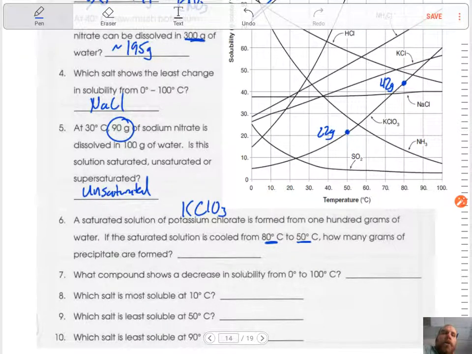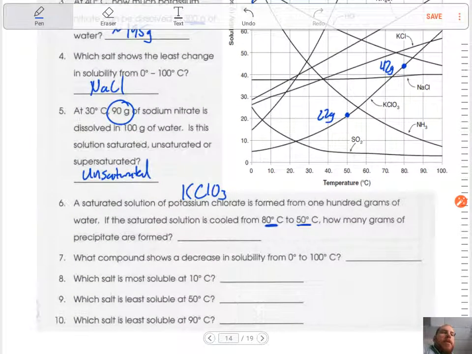So guys, when you cool a solution down after you have already made it saturated, okay, once you cool it back down, what happens a lot of the time is that solute is going to crash or fall back out of solution in terms of a solid. So it's going to become a solid again. So this is just asking, well, how much would fall out of solution, how much precipitate would form? So we would take 42, we would subtract out the 22 that it ended up at, and we would get about 20 grams would form. Okay,